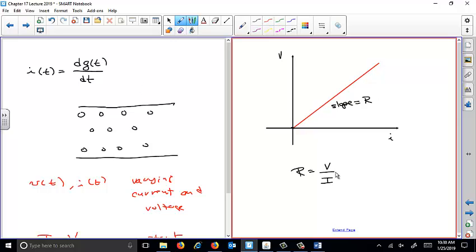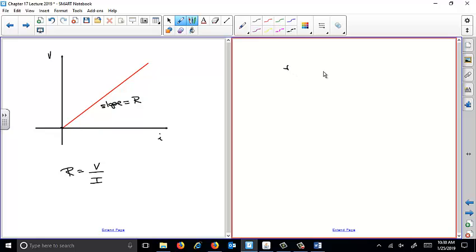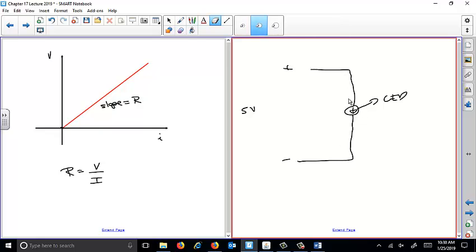We'll just draw a picture. So here, we have our voltage, and then we have our LED. I don't know how to draw it, I guess it looks something like that. This is our LED. The resistance to current in an LED is pretty small. So if you just put your LED in here with 5 volts, the current's going to be really high. It's going to overheat the LED. So what we do is we put in our 220 ohm resistor,